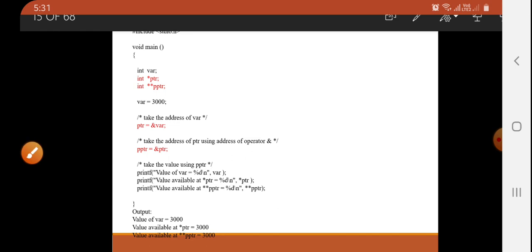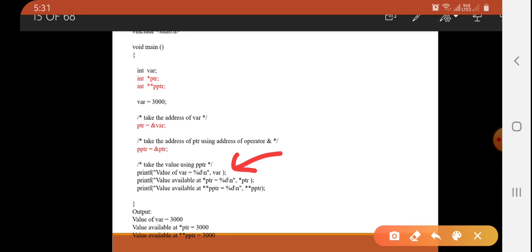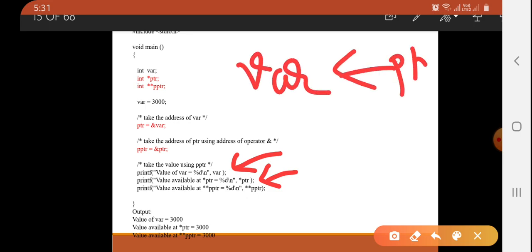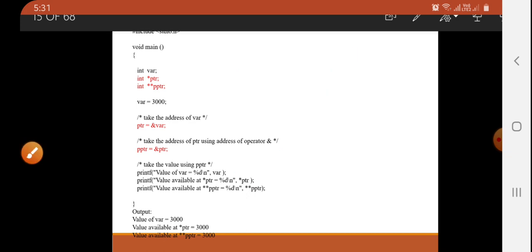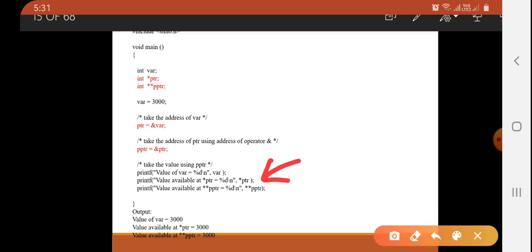This symbol represents the following syntax. What is the value of the first statement here, var? That is 3000. What is the output of the statement *ptr? ptr stores the address of var, so *ptr is 3000. Again it is going to print 3000.